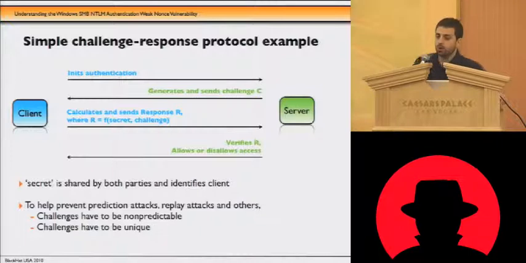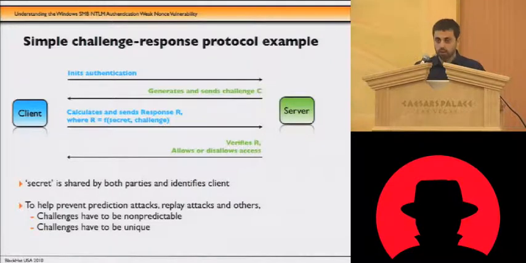So how do you do that? The solution proposed by the challenge-response protocol to this problem is that every time the client wants to authenticate against the server and initiates an authentication attempt, the server generates what is called a challenge. The client receives that challenge and performs some kind of computation, applies a function or an algorithm to that challenge